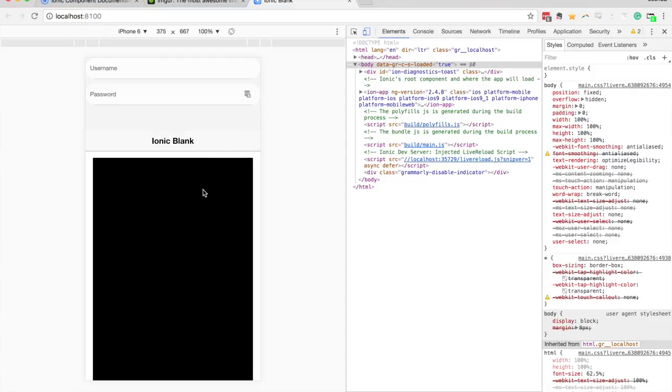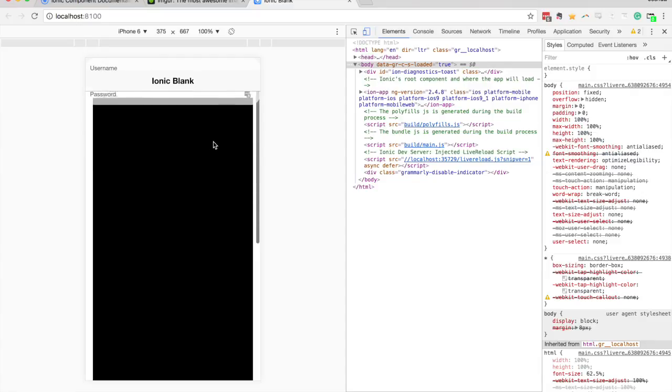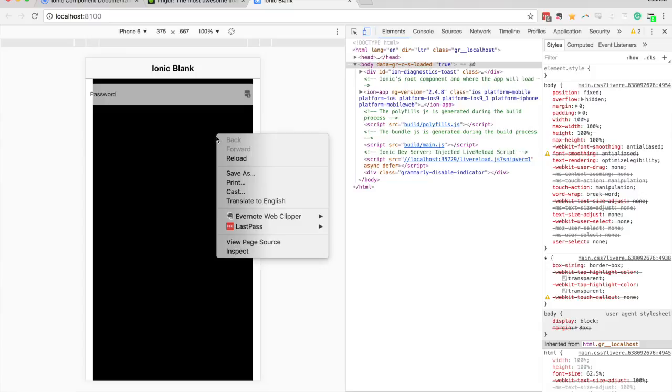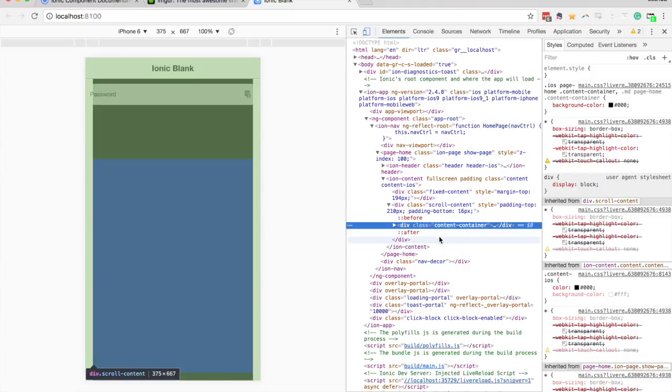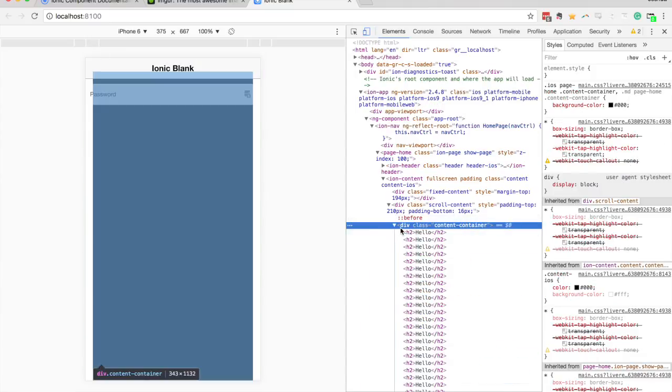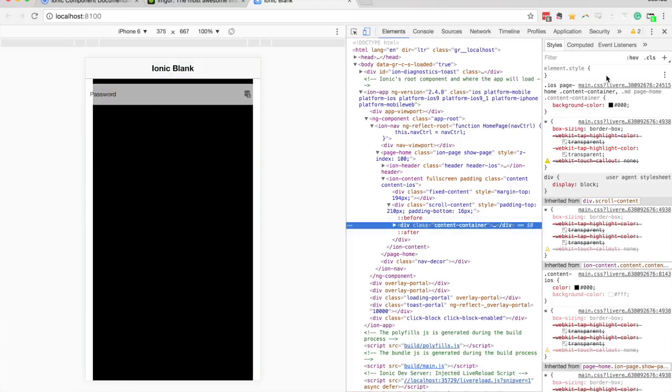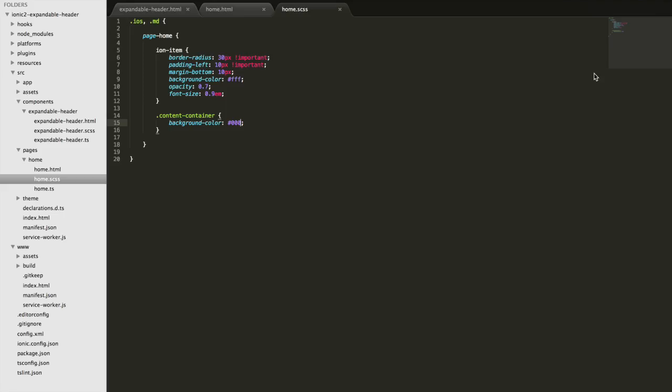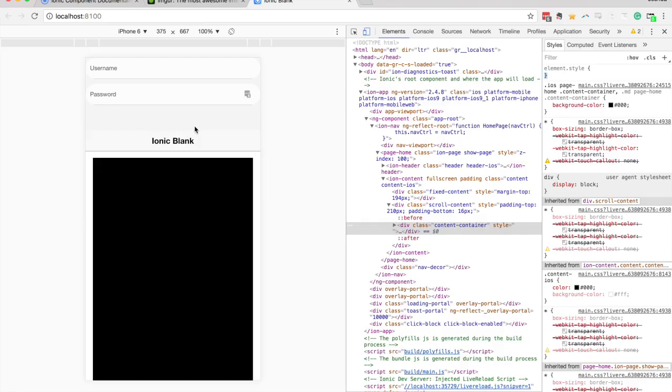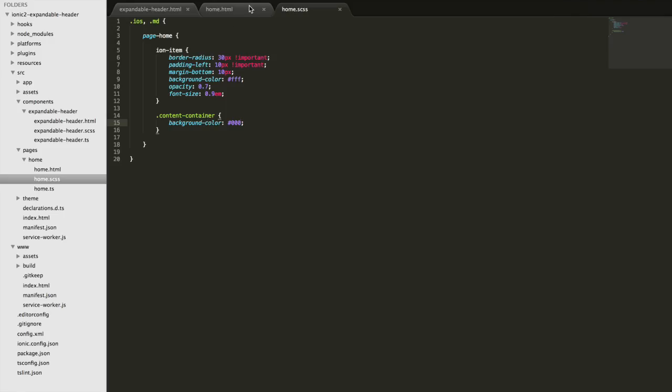Okay, and so we've got the padding on there too. So if we scroll that up now, we can see that that's still displaying above. So if I inspect this, we'll try bumping up the z-index on the content container. Actually, I think maybe I'm going about all this all wrong. If I just set the overflow property on the